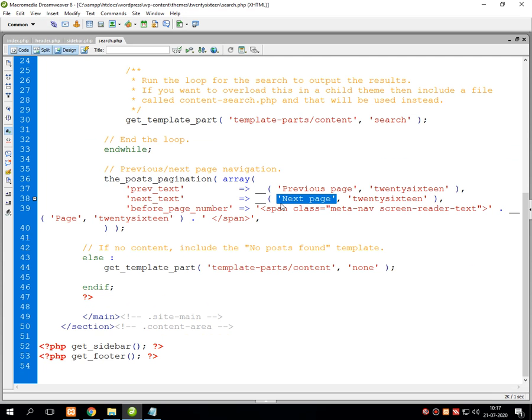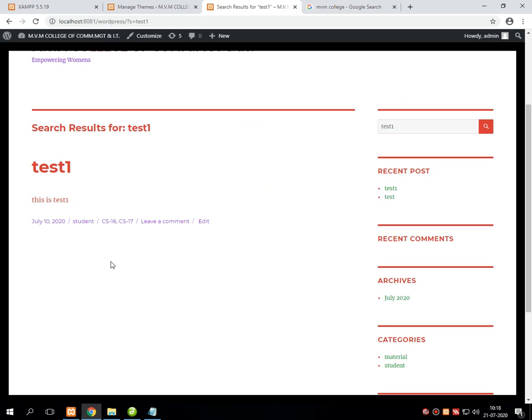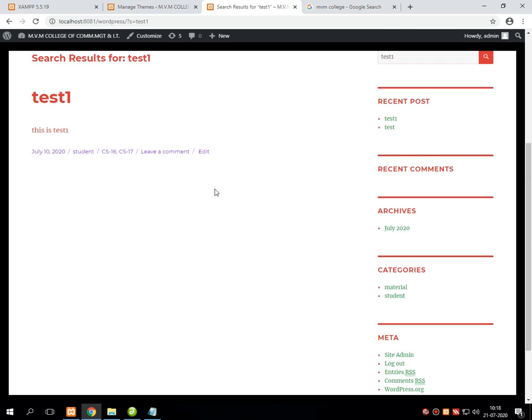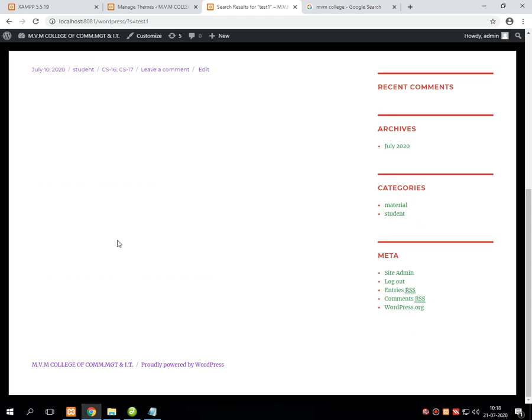So the same facility is also given over here by declaring and using the two most important functions of WordPress for pagination, that is previous page and next page. The same will be displayed for our posts if they exist from this line of code.